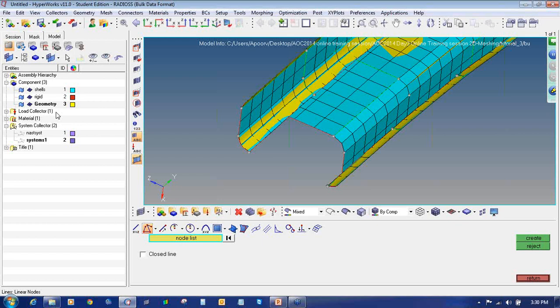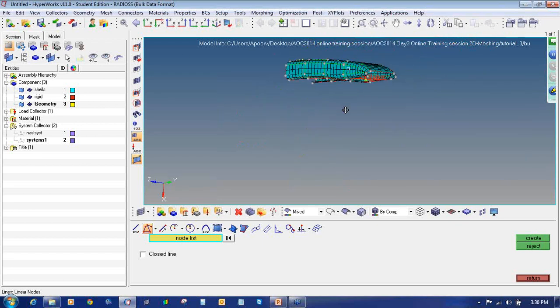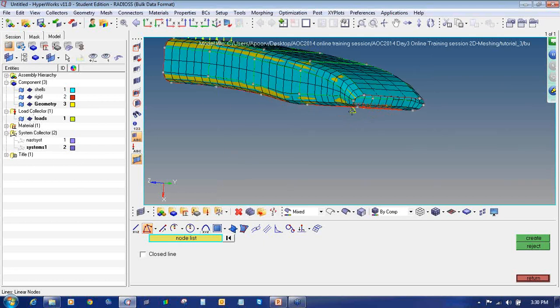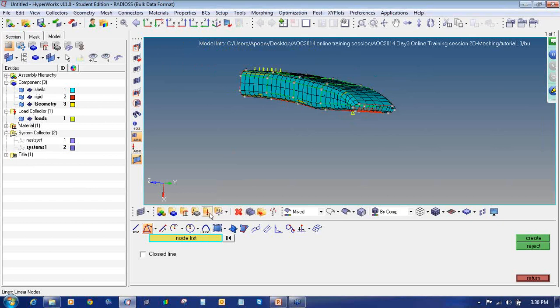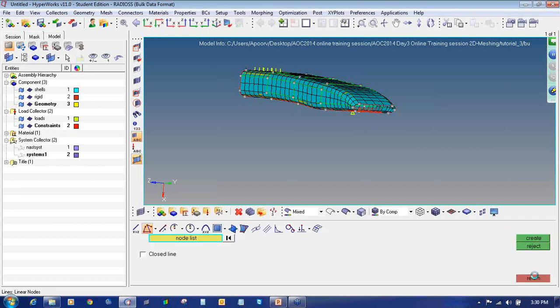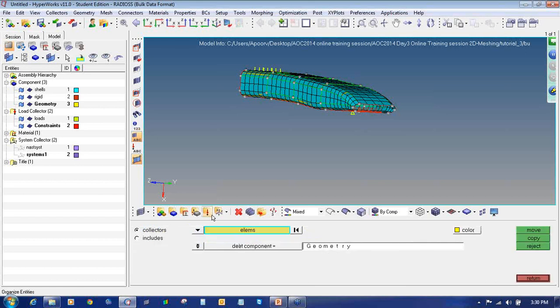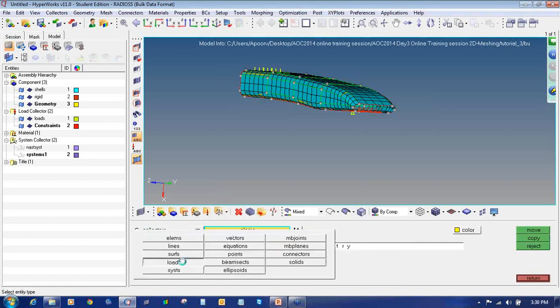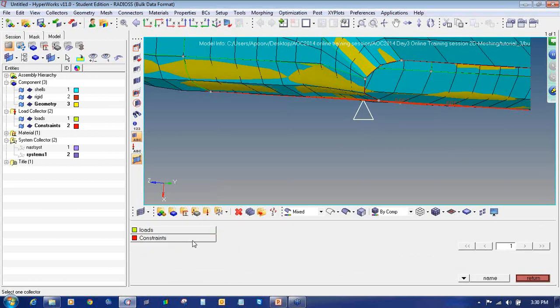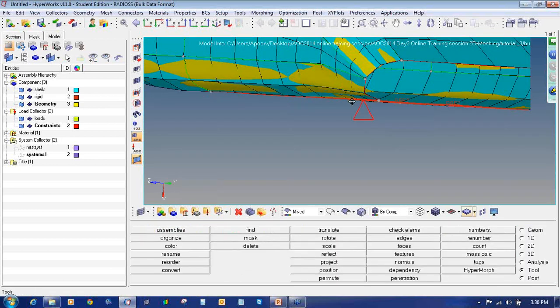Also in a similar way you can move the load collectors from one load collector to another. In the load collector you can see it has created the loads. We already have the loads, but my loads and constraints are in the same load collector, so we need to create a different one. So I will create one as constraint, define a color, say create. With the organize panel, tools organize or shift F11, you can select from the drop box loads, select the load, destination component as constraint and say move. So it will move down.